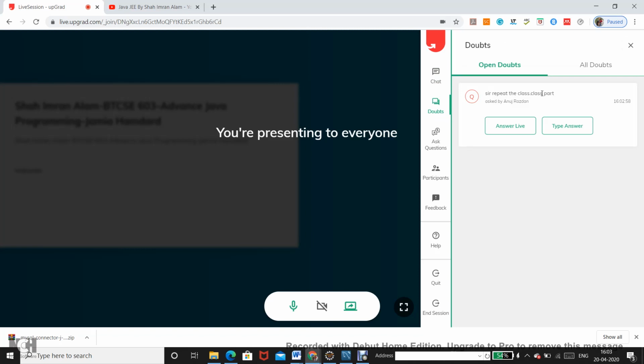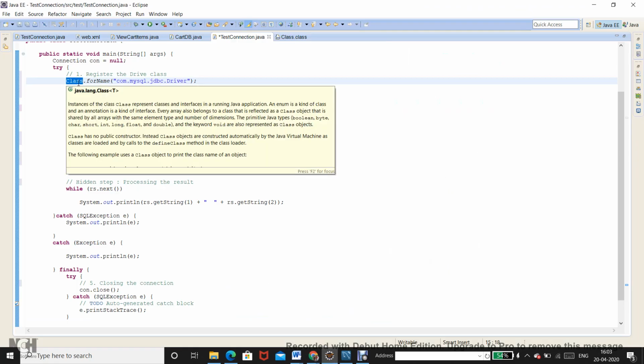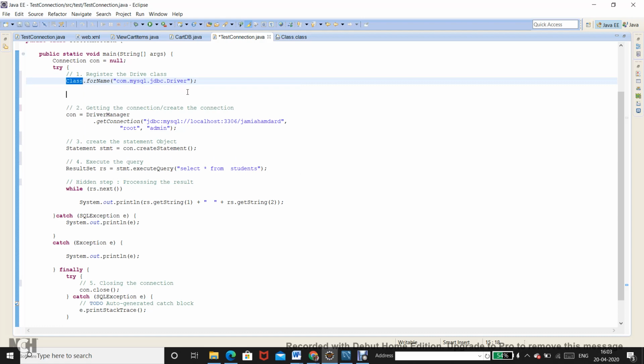Repeat the class part. Okay. See, Anuj, many of the people might be seeing this kind of structure in Java for the first time. This class file that you are seeing is part of the reflection APIs. There is something called reflection APIs, which is a very interesting thing to learn. I am putting an emphasis on it because in most tutorials you will just see a single line written over here, register the driver class, and they just wind it up with that.